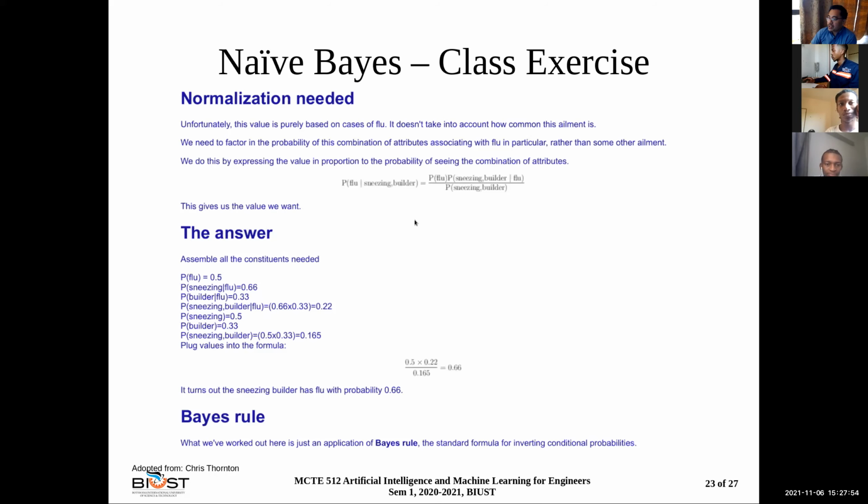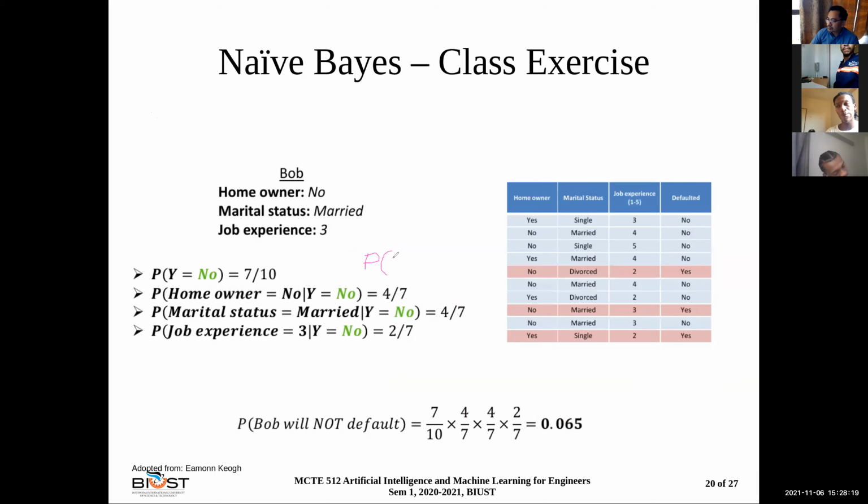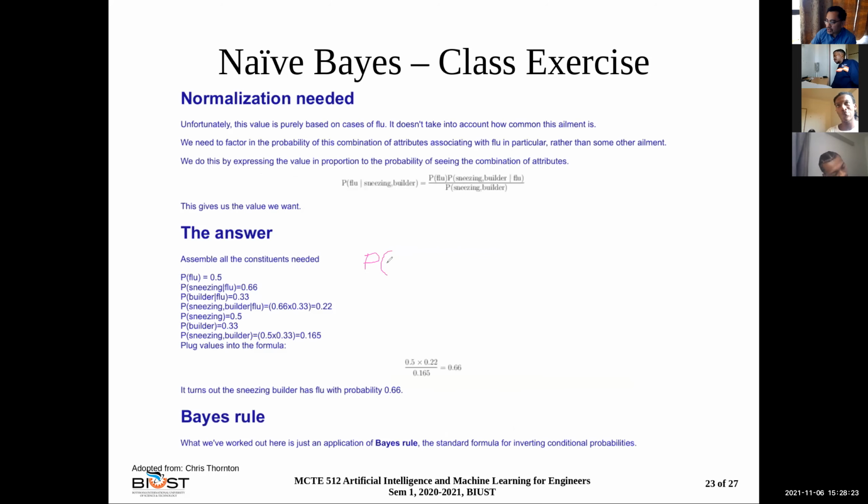If we rewrite this equation, naive Bayes can be written with the variables that we are using: CJ, the class, or just C, given the features D1, D2, D3, is equal to the probability of the features